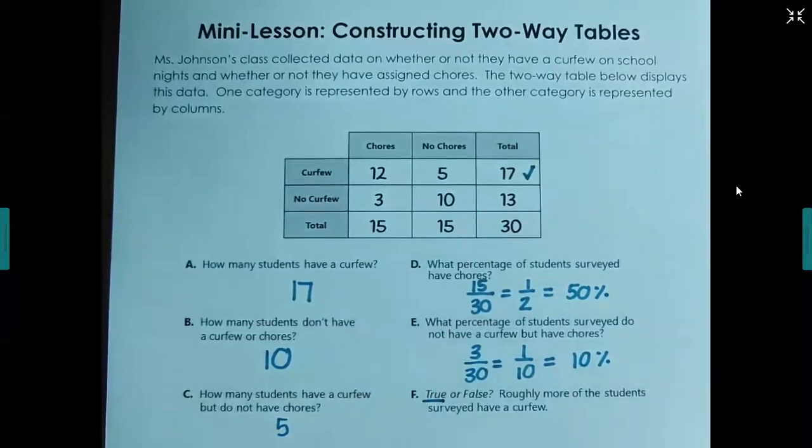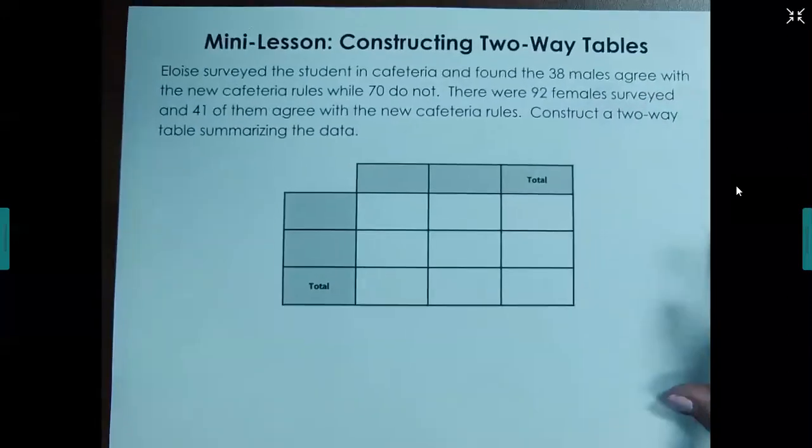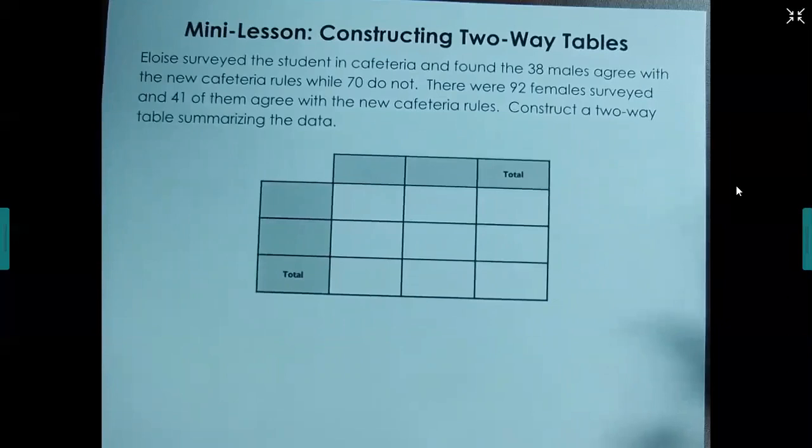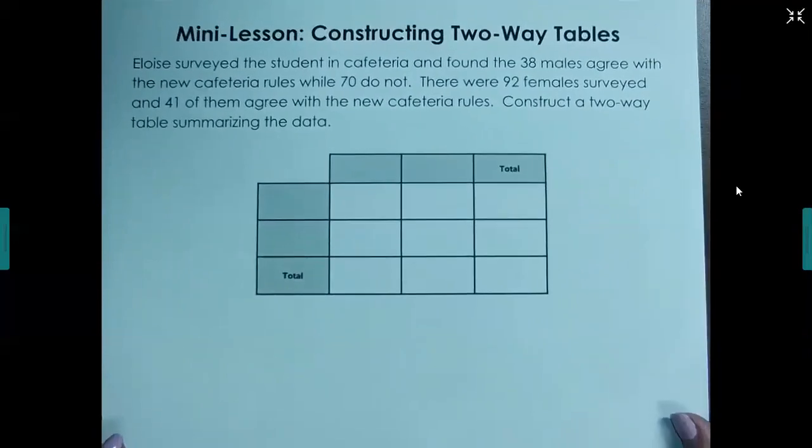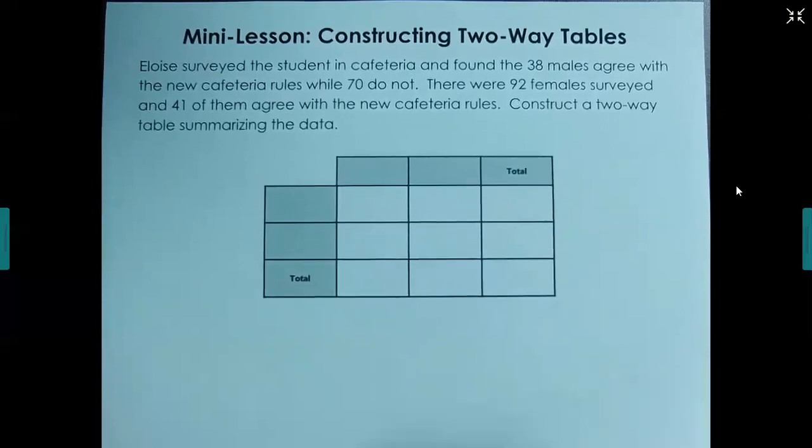Now this is the first part of two-way tables. We need to know how to read them. But the second part is we need to know how to write them. So we're going to look at this scenario, and using the given information, we are going to construct a two-way table. So this says Eloise surveyed the students in her cafeteria and